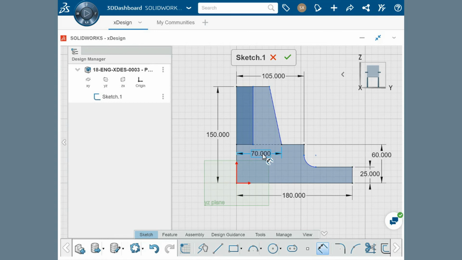The last way to create a linear distance dimension is to select 2 points. This can come up whenever a dimension needs to be set between 2 points that aren't connected by horizontal and vertical lines. For example, let's say I wanted to set a dimension between the upper left corner and the center point of the arc. I'll click the first point, then the second point, and I can set the dimension a